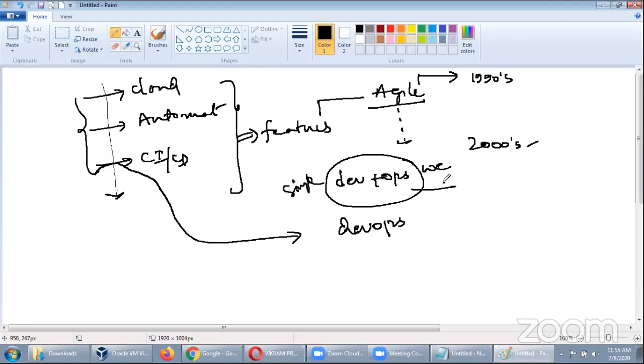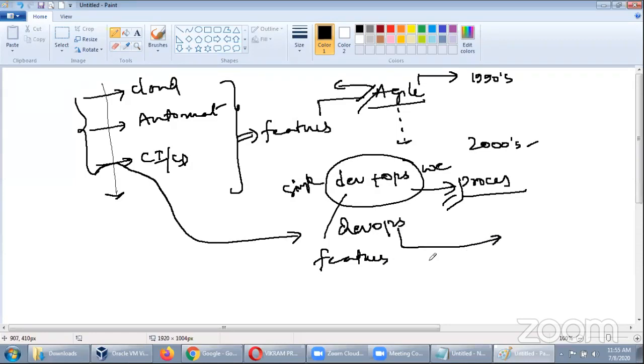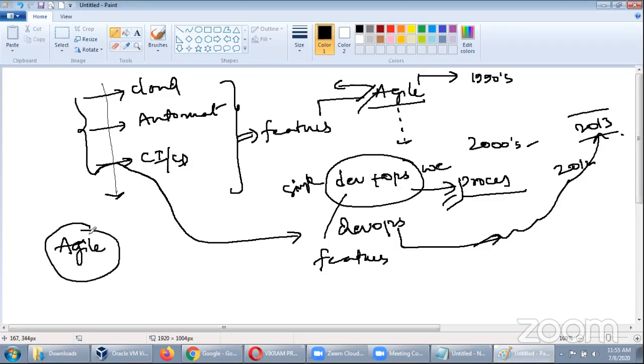A new kind of procedure has evolved, because Agile has its own procedures and DevOps has its own procedures, or we can say process. So each one has its own methodologies, and based on these methodologies, they were able to integrate. That means DevOps took these features and silently evolved. Initially, it was slow in the market, guys, but in 2012 and 13, the craze for the market began.